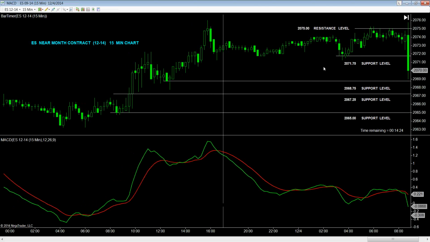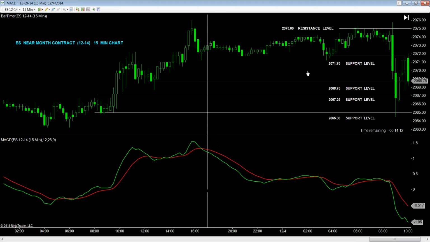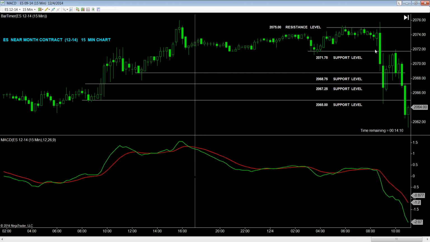Now, as you can see, there were a multitude of opportunities early AM, meaning a multitude of trades could have been taken to profit from the entire move. But these prices never looked back to the upside. No stop would have ever been close to being taken out. And the secondary target, all the way down for the expected move at 2065, was hit right here on the low of the very next 15-minute bar. Out of the price profit target,